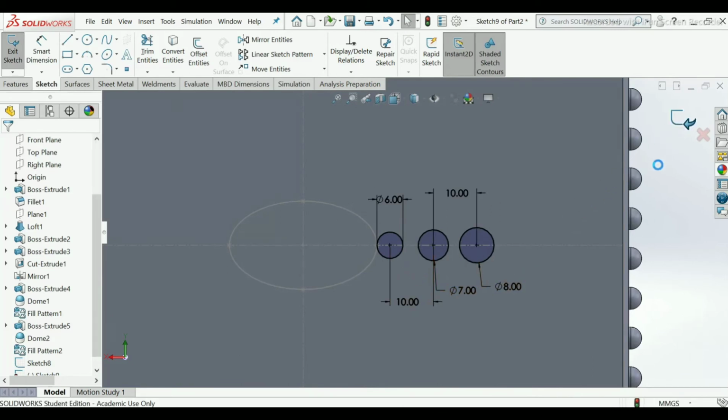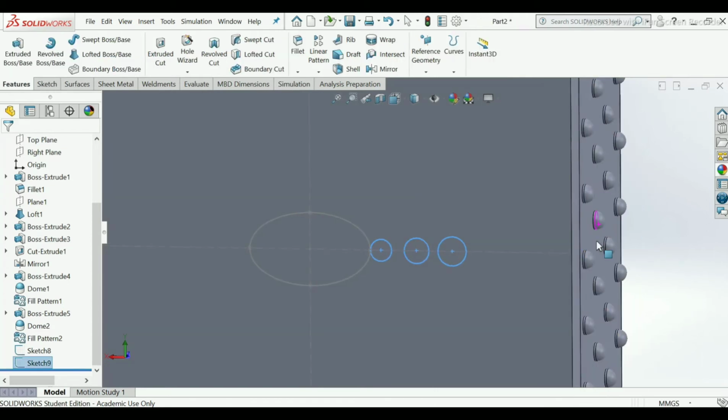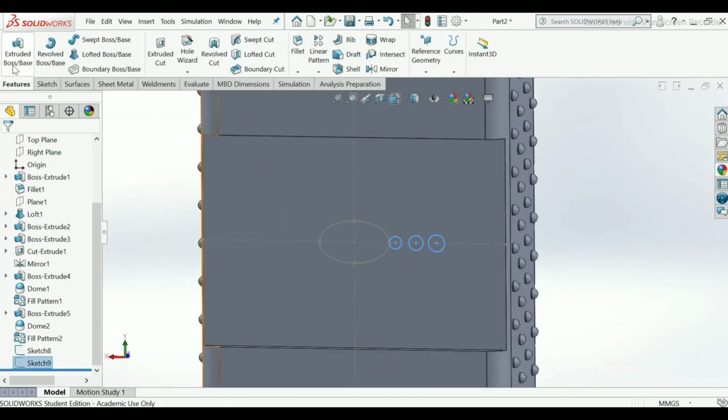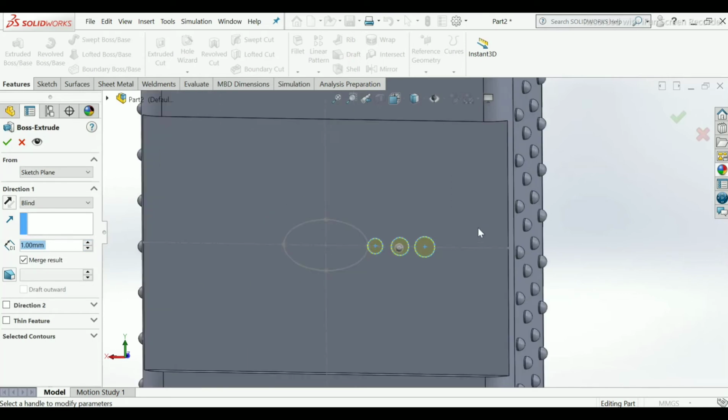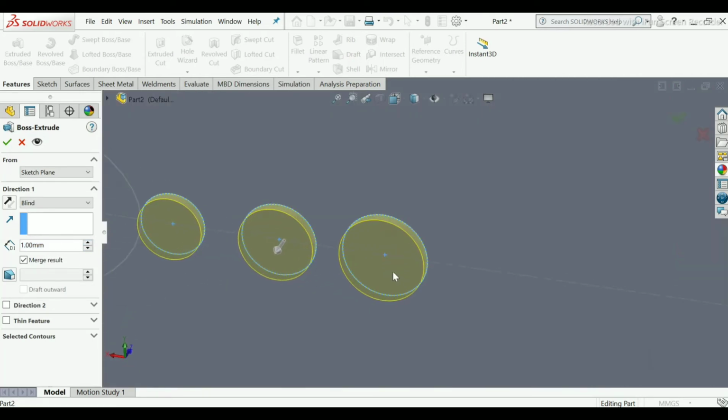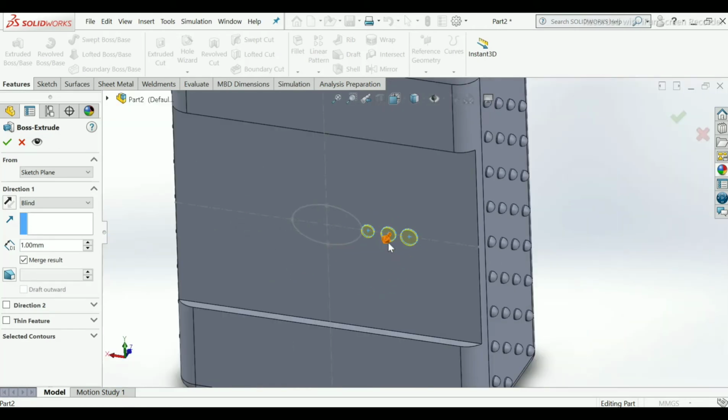So exit this sketch, extrude. Now this time I will choose 1 mm thickness depth. Click OK.